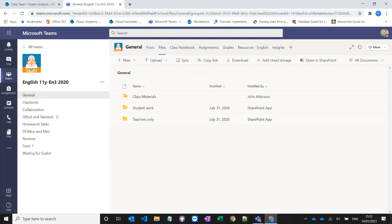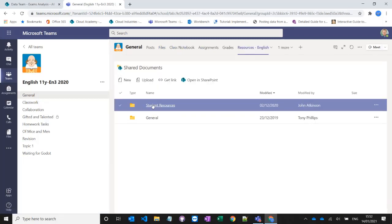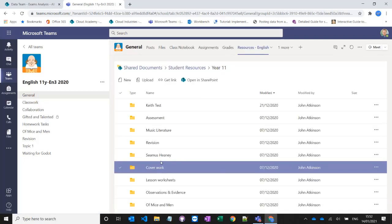Yep, so there was another question just about some of the permissions and talking about class materials as well. So if you've already been using Teams and you might use that area, how would the permissions work for those resources tab? And could the student still access or edit any of those documents? So in the resources tab, the way that we set it up is we make it read only for students and editable by staff. So if there was a document in here,